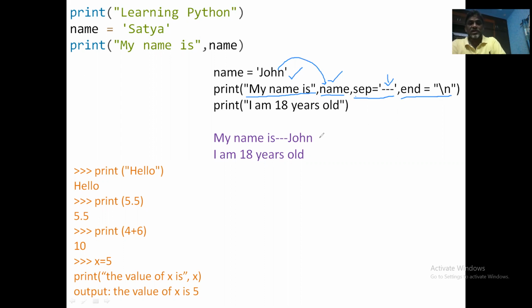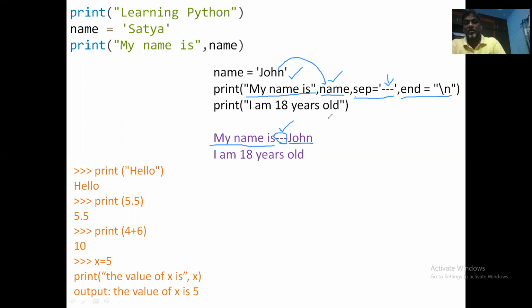Okay. Then it displays the message, my name is, the first object is separated from the second object by the symbols that you mentioned. So the separator we mentioned is three hyphens here. Therefore, the first object is separated from the second object with the specified separator.